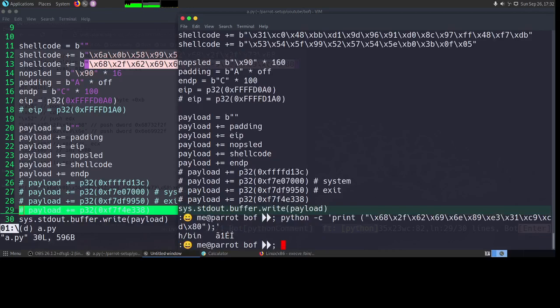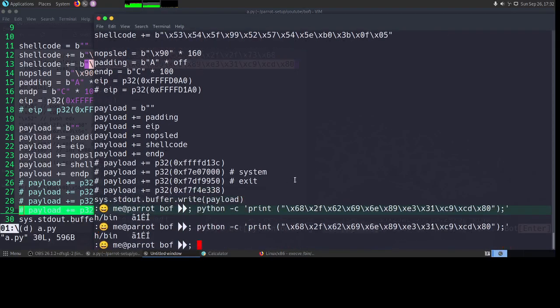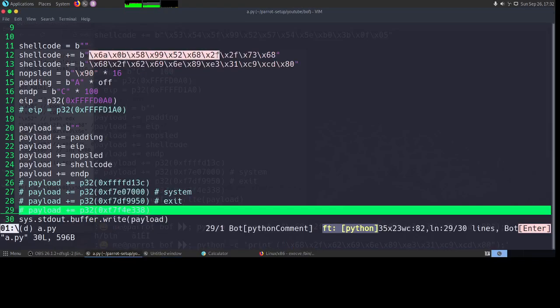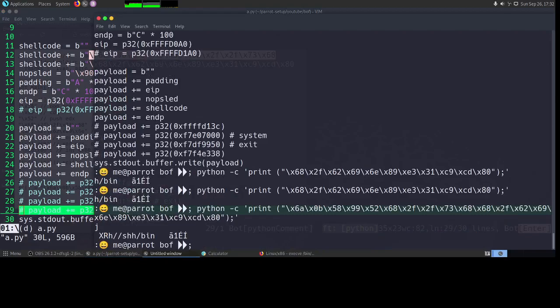Okay, so let me increase the size of the window. Okay, now we will have to copy a few more bytes, I guess. Let's print the whole thing. If I take the whole string and print it, then I can see slash bin here and slash sh here.